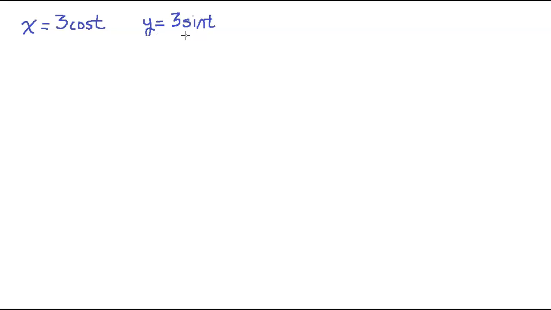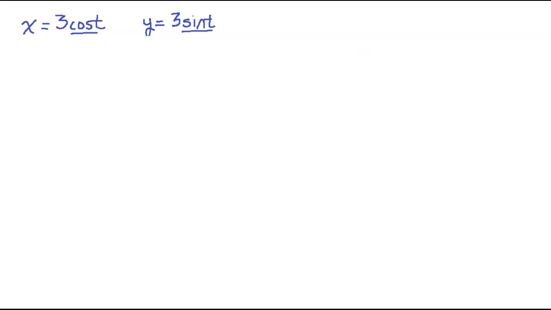Writing this parametric equation in terms of just x and y is very different from the examples I showed you in class, mainly because I can't simply isolate the t value. That's not going to work very well. What I can do, though, is recognize that cosine and sine have lots of great identities attached to them, and